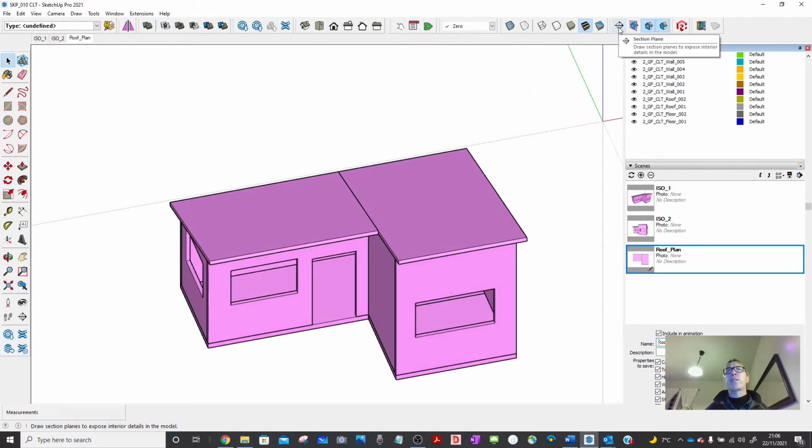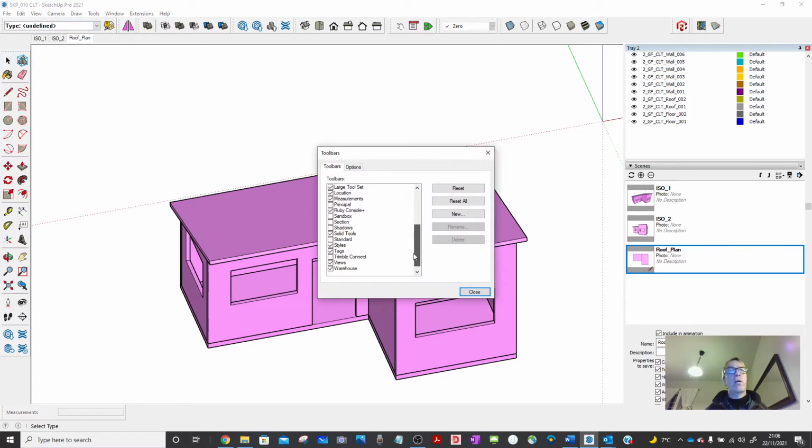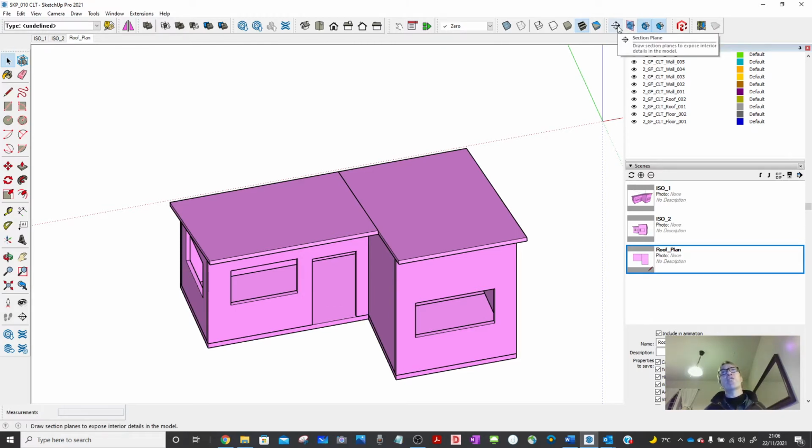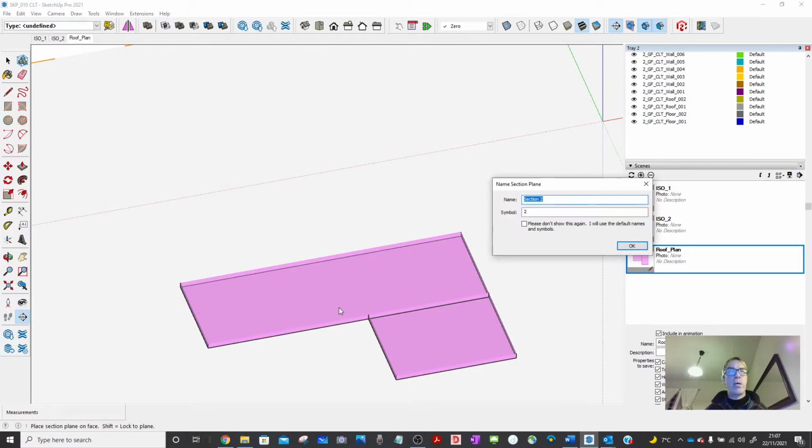So I'll use this section plane. And if you've never used a section plane before, if you go to View, Tools, it should be under Section. Close the toolbar, pop it up there, and I'll press the section plane creation tool, and I'll snap it onto the floor. I'll have to give this a name, so I'll give that plan,